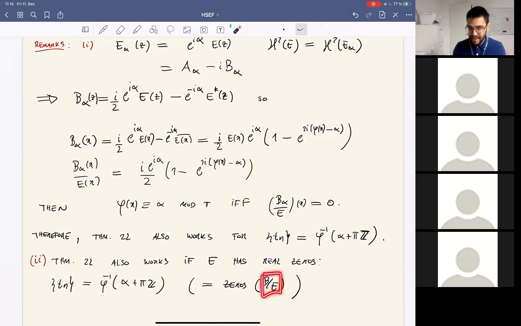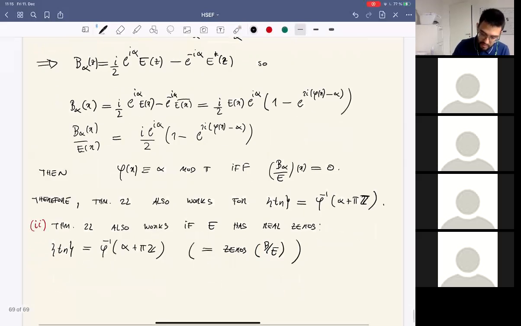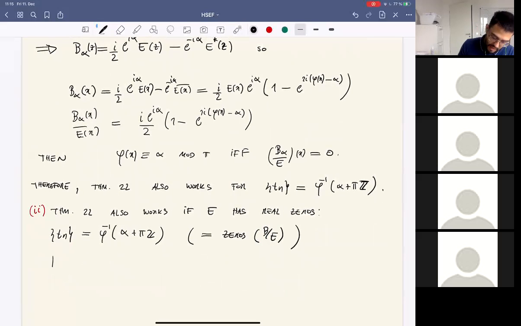Which would be at most one multiplicity more than this guy. So the correct thing is to take the real zeros of B over E. And that is what de Branges does in the book. And the interpolating functions, you have to use K(T_n, z) divided by E(T_n) bar instead